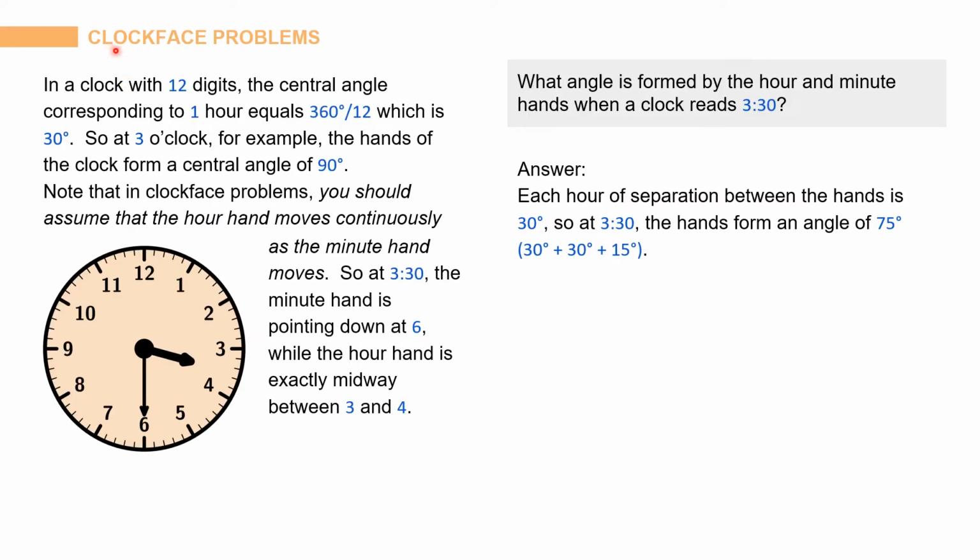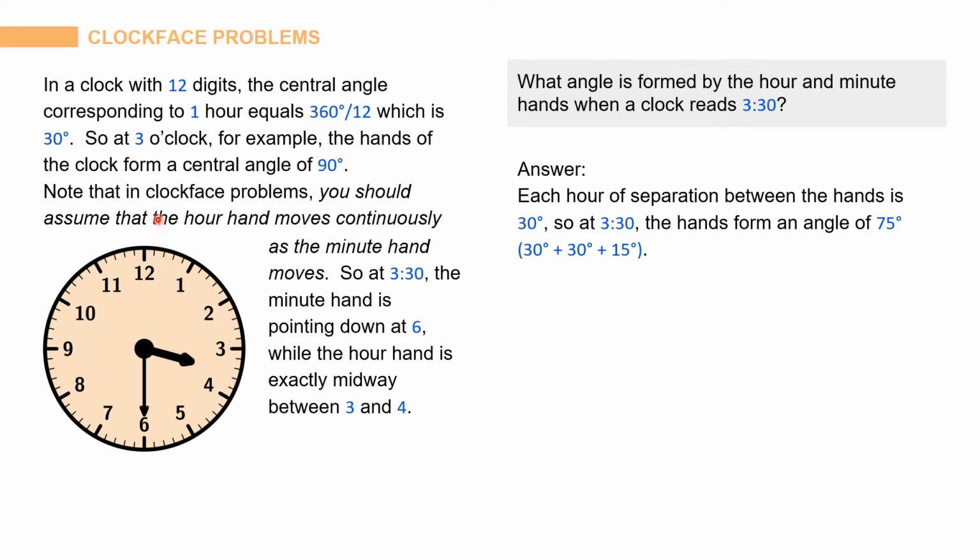The ubiquitous clock face problems. In a clock with 12 digits, the central angle corresponding to 1 hour equals 360 degrees divided by 12, which is 30 degrees. So at 3 o'clock, for example, the hands of a clock form a central angle of 90 degrees, right? We'd have one hand pointing up at the 12 and the other pointing at the 3,